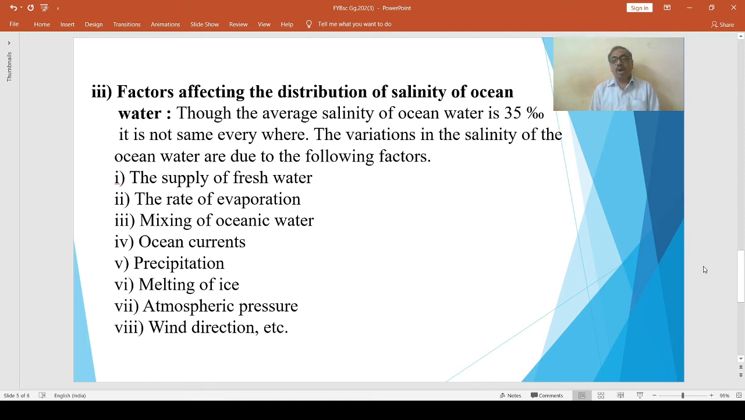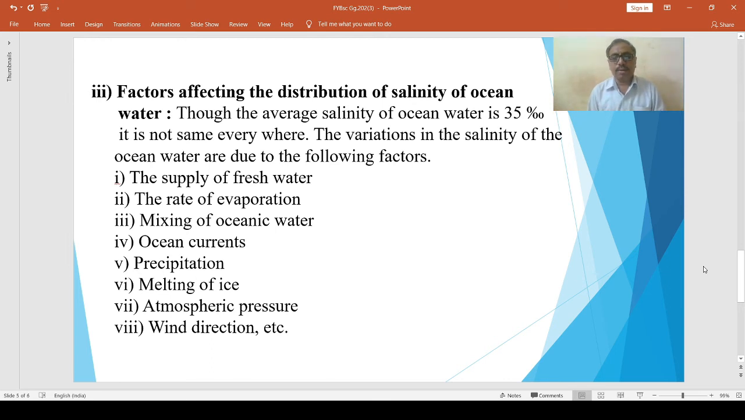On the other hand, the rate of evaporation in the polar areas is less and the salinity of ocean water is also less. Then mixing up of oceanic water. Due to the ocean currents, the equatorial and polar water mix in the open ocean. Such mixing of water helps to reduce the salinity